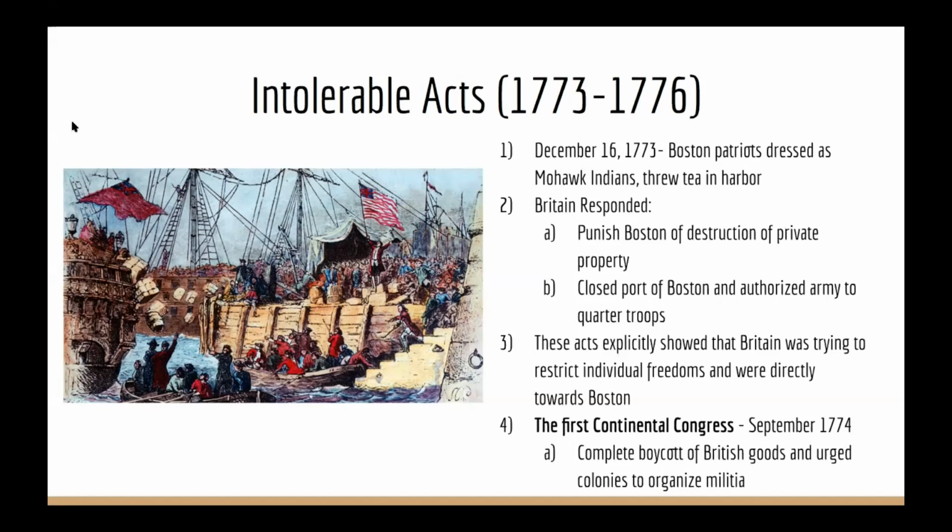So because of the Intolerable Acts, the First Continental Congress happened in September 1774, where again we see the same theme of boycotting British goods, and the leaders of the Continental Congress urged colonies to organize militia. So we see here around 1773, 1774, the American colonists weren't on the verge of a revolution yet, but they were preparing for some sort